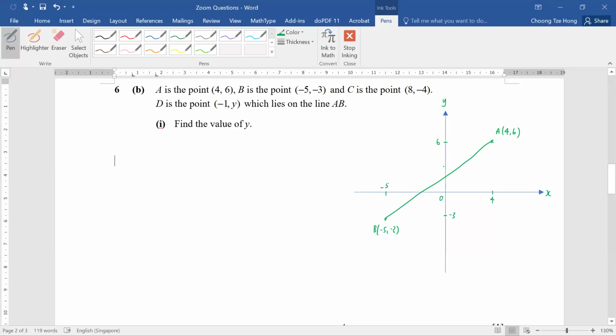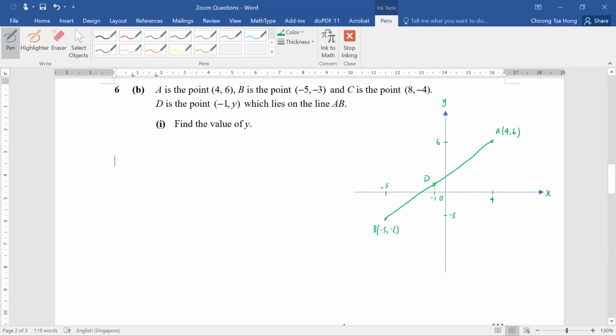Okay, so D is the point (-1, y). So -1 should be somewhere around here, right? So the point D should be around here. Point D lies on the line AB. So over here we can actually formulate an equation which will allow us to find the value of y. Because it should be quite obvious to you if 3 points lie on the same straight line,